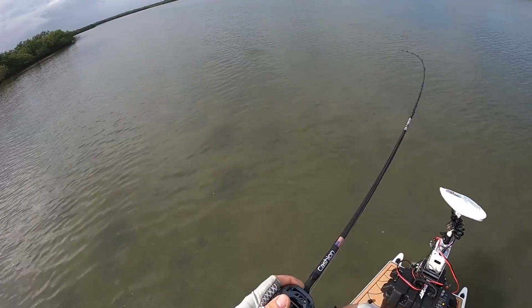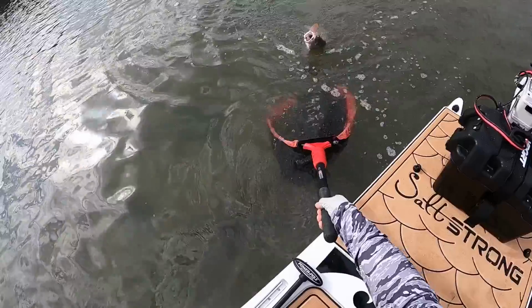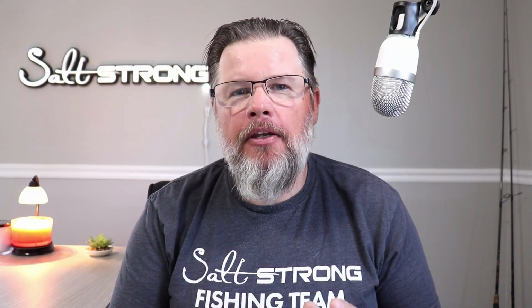Nice. These fish haven't moved up, and they are right on the edge of this drop off. Very nice. If you're having problems with catching fish this winter, I want to explain to you one of the